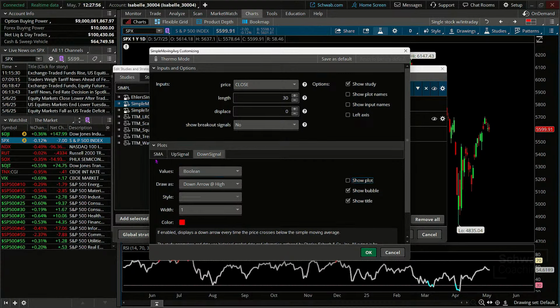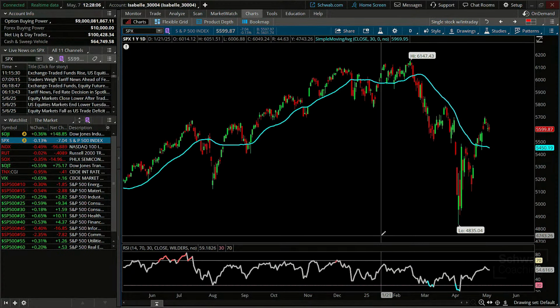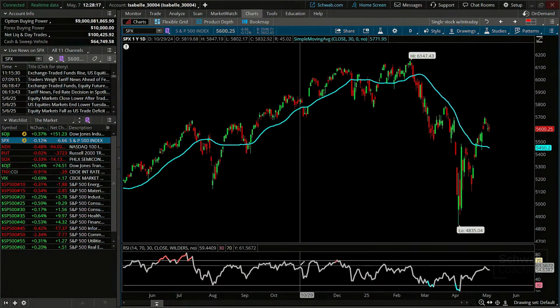Now, I have simply created a 30-day simple moving average. When I hit apply, it is then going to place it on the chart. Okay. So now, if I think that the way that I want this to be is to show me a 30-day simple moving average and the RSI, and maybe that's my basics, right? Maybe the 30 and RSI is what I'm looking for, and then maybe I'll alter and add new details.